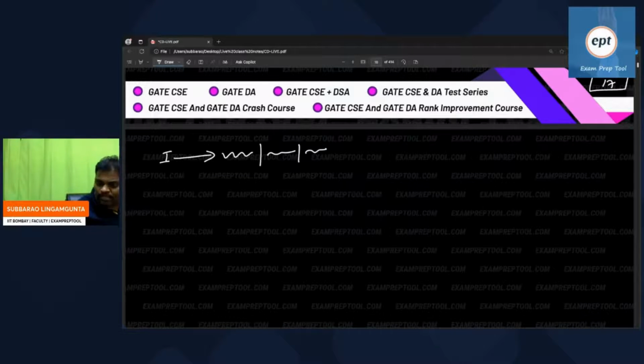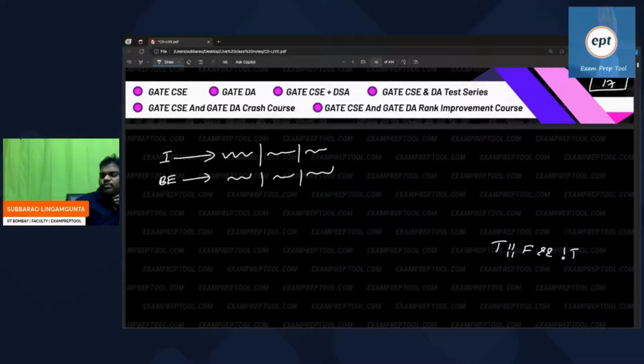In a similar way, everyone listen. For Boolean expression, BE goes to, some productions are there. You know what a Boolean expression's answer is: true or false, and not true, something like that. So what I mean to say is, in the C language, for every construct some rules are there. Grammar is a set of rules. Compiler is a set of rules.